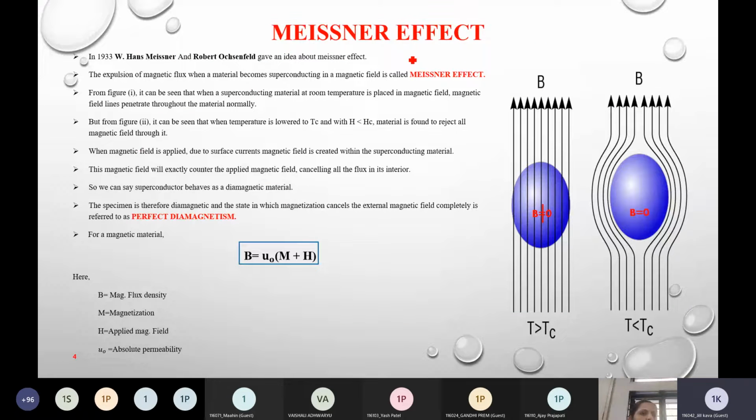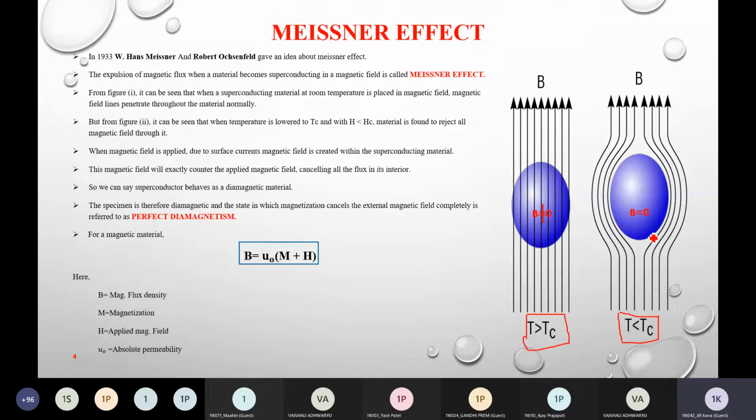So the second topic is the Meissner effect. First, this effect was found out by W. Hans Meissner and Robert Ochsenfeld. It says that when we are applying a magnetic field, case 1 is T greater than Tc: any temperature which we give that is greater than its critical temperature, then the magnetic field will pass through the material. Case 2 is when temperature is less than Tc, its critical temperature, then due to the internal magnetic